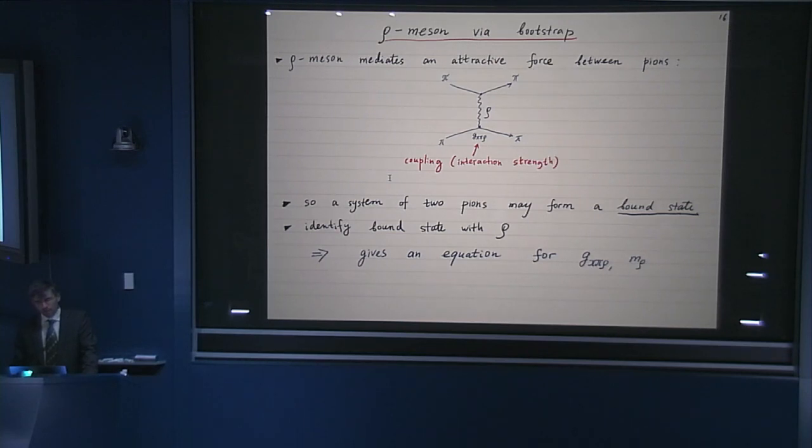And you can try to imagine that p mesons interact, they get attracted to each other by exchanging rho mesons. There is some interaction strength, which I called here G, and this diagram means that the rho meson is exchanged, with that coupling interaction strength. So there are these p mesons which interact by exchanging the rho meson. And when two particles, like two p mesons, get attracted, they can form a bound state. So now we have the p meson, the rho meson, and the bound state.